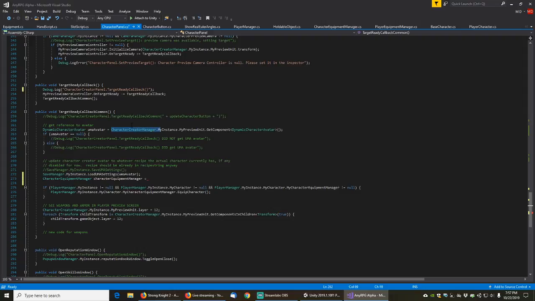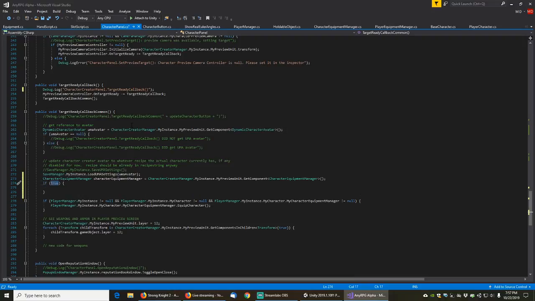And we'll grab it off of the preview unit, which is the correct unit that we want to be grabbing it off of. We're going to check if it's not null. And then if it's not null,